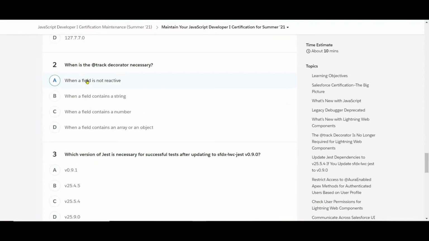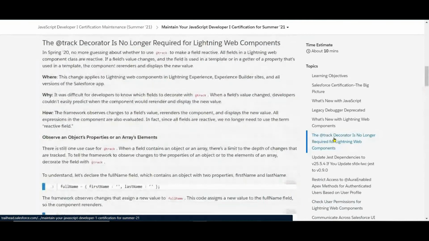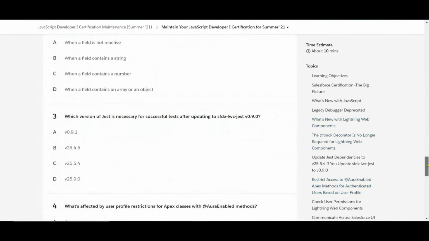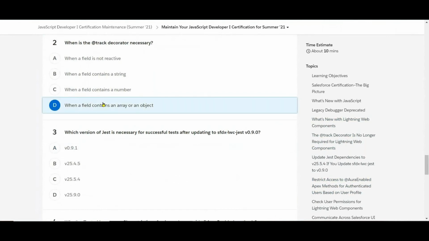When is the track decorator unnecessary? Right. So when this one is the track decorator is necessary. Fourth one. The field contains an error and an object, so that time we are going to track the